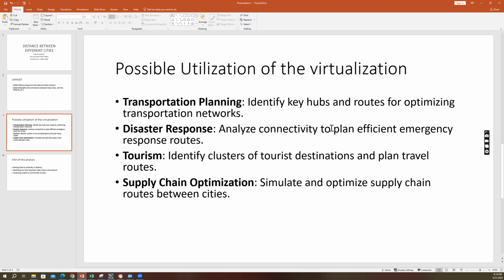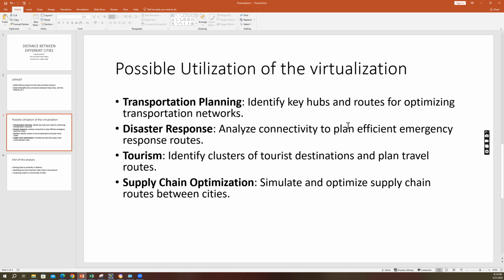You analyze the connectivity to plan efficiency and response route, whereby the shortest route possible would be the best disaster response route, considering